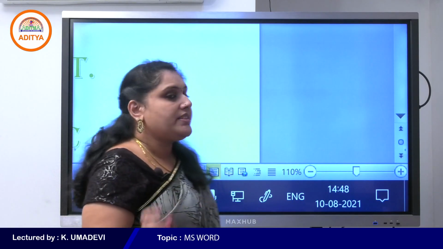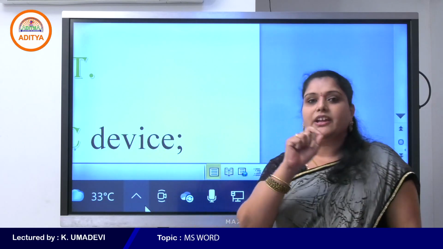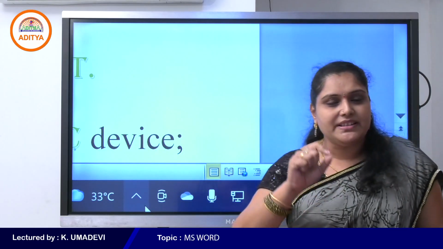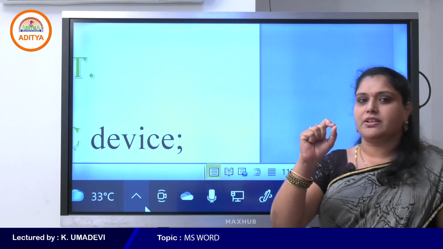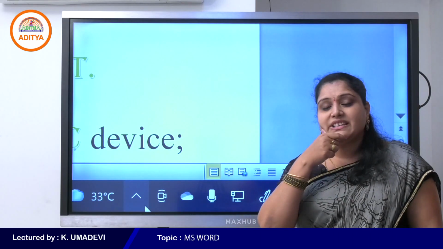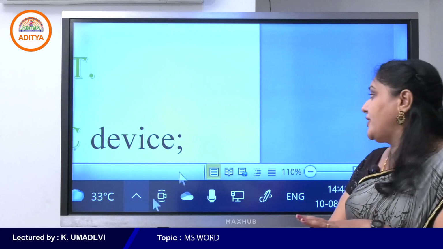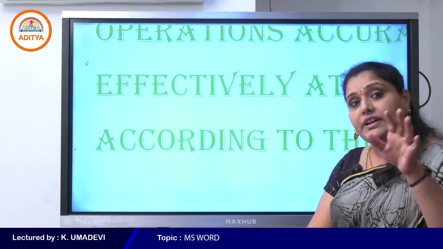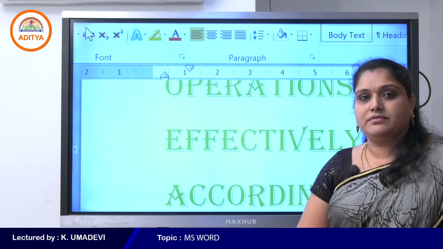So if you want a single font throughout the entire document, then simply select any part of the text, the font you like. That means here I want to apply the same formatting to the entire document which is already applied for the first paragraph.